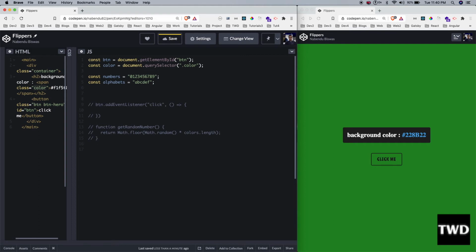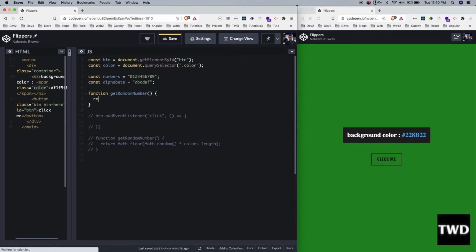So function getRandomNumber, return this numbers.